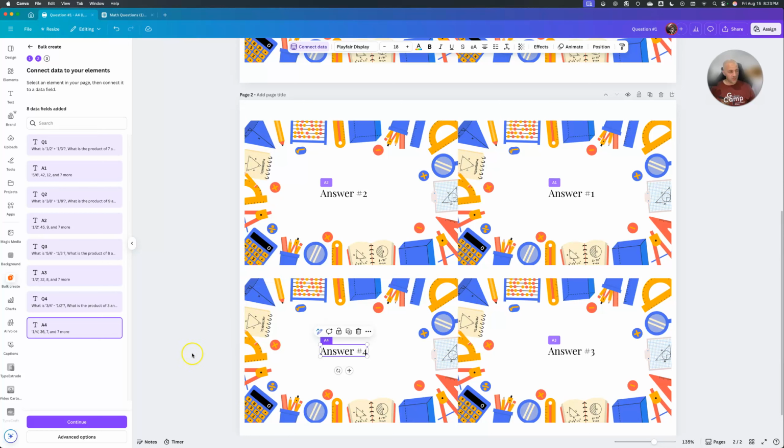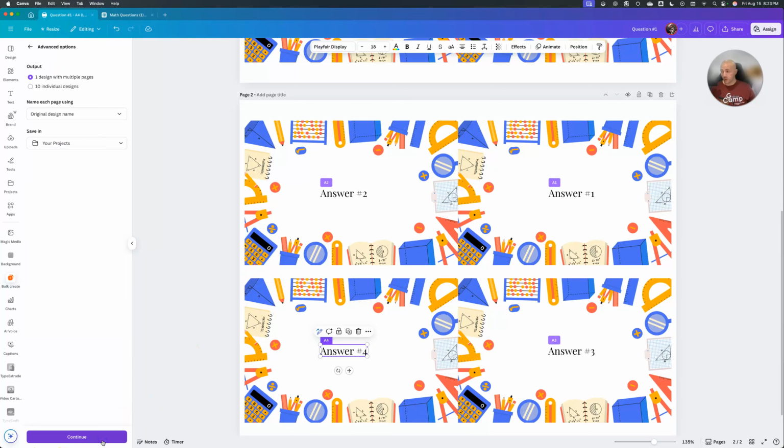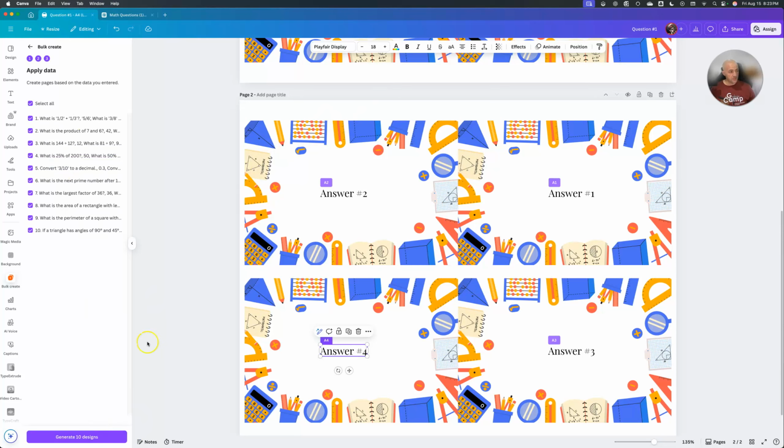So once you're done, we're almost there. I'll do this in under 20 seconds and make it under a 5-minute video. Go to advanced. And then you can either make one design with multiple pages or 10. You can choose the name and then you put it in a folder, hit continue, generate your design, view your design, and boom,